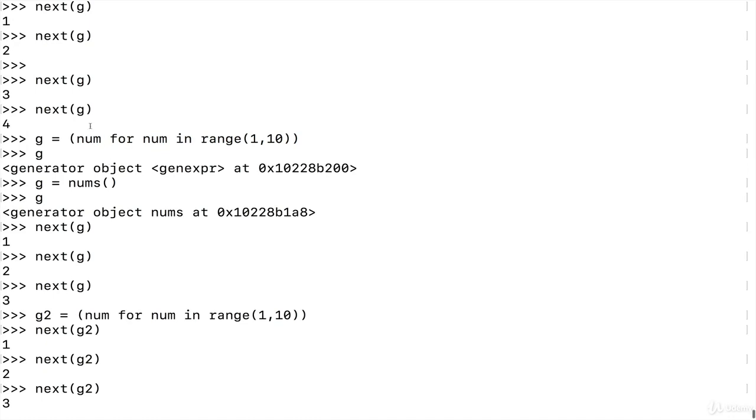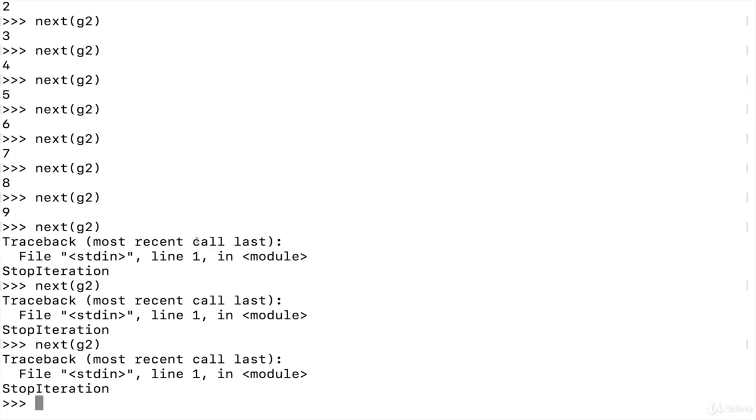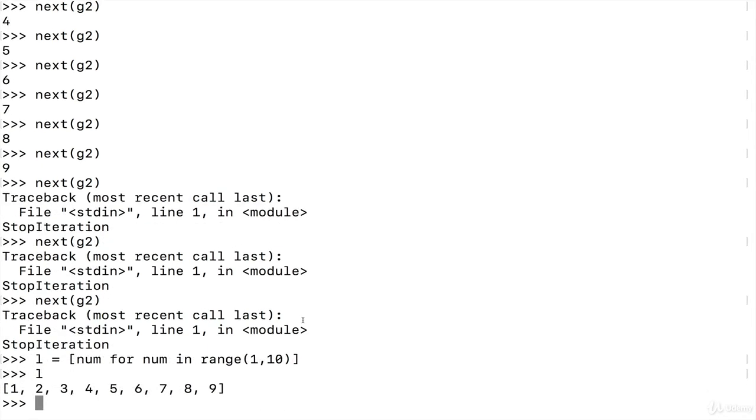If we had replaced it with list brackets, if I had done, I don't know, let's just do L equals, and then num for num in range 1, 10. But now we get all the data in one list all at once. So that shouldn't be news either. That's how list comprehension works. But when we use a generator, we get one thing at a time. Well, it gives us the generator object, and then we iterate over it by calling next. Whether we're using a loop or we're calling next manually on our own, we get one item at a time.